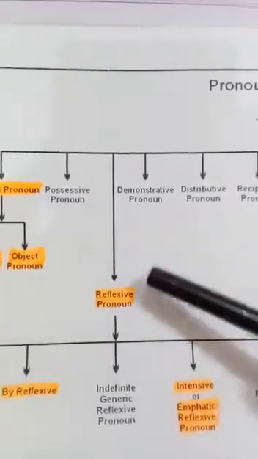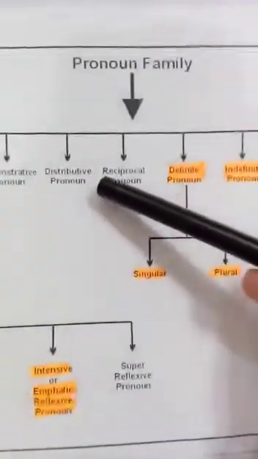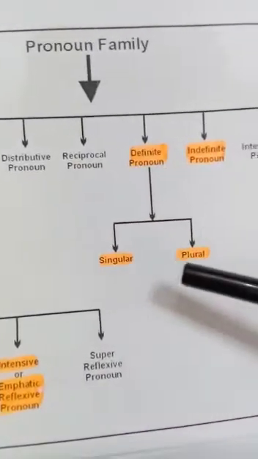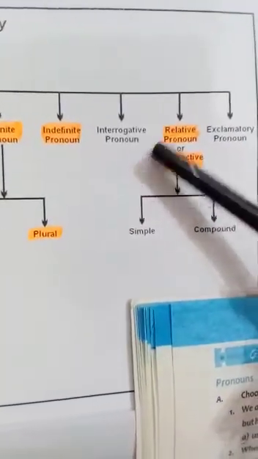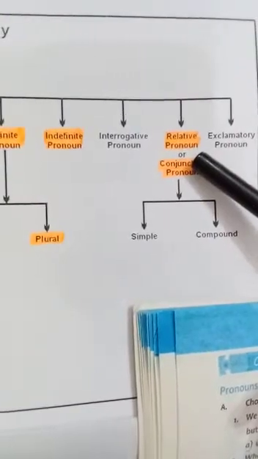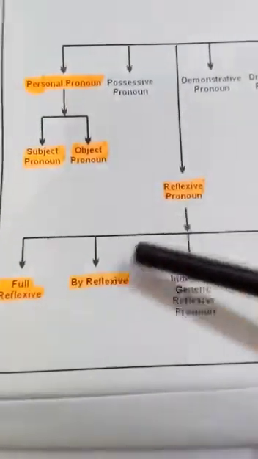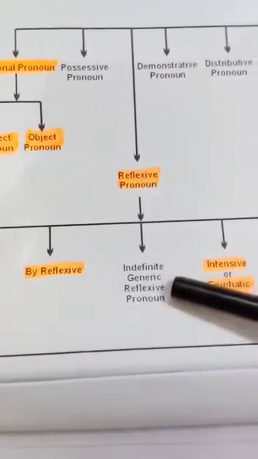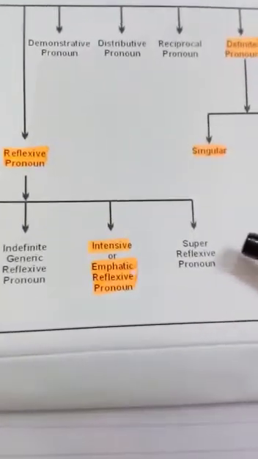Possessive pronouns, then reflexive pronoun, demonstrative pronoun, distributive pronouns, reciprocal pronouns, definite pronouns, which is singular and plural, then indefinite pronouns, then interrogative pronouns, then relative or conjunctive pronouns, which is then simple and compound, exclamatory pronouns, then reflexive pronouns divided into full reflexive, bireflexive, indefinite generic reflexive pronoun, intensive or emphatic reflexive pronoun, and super reflexive